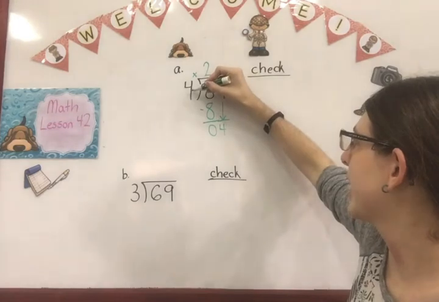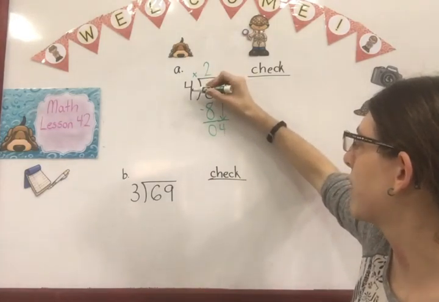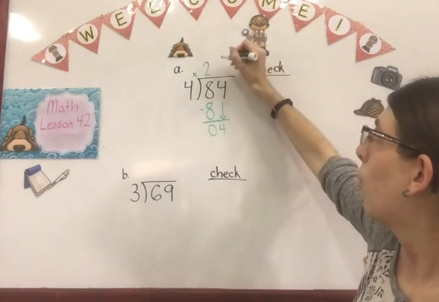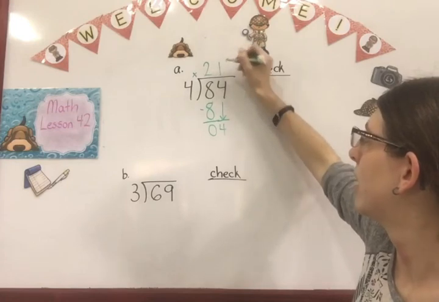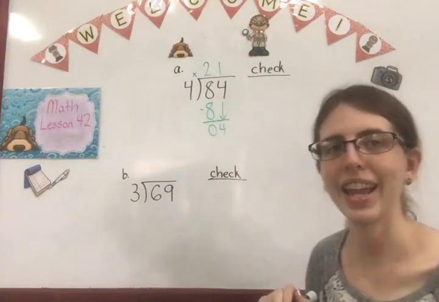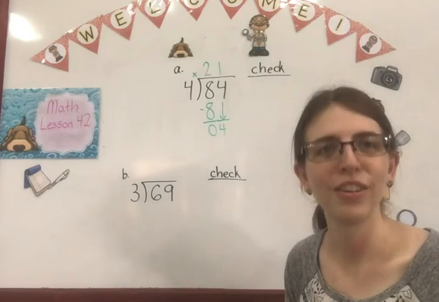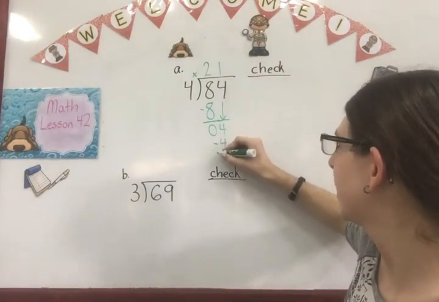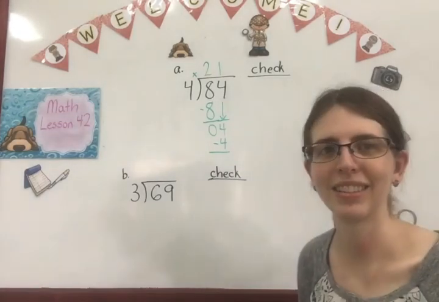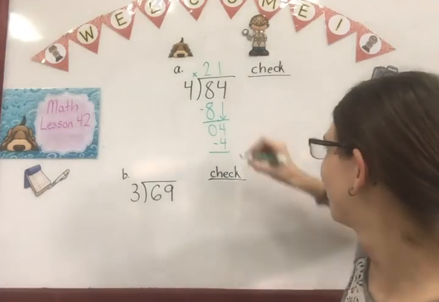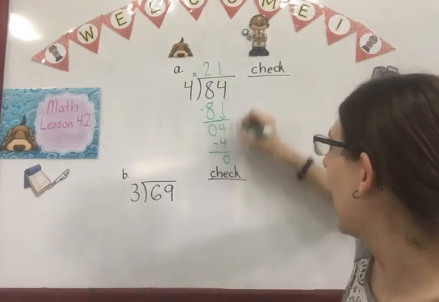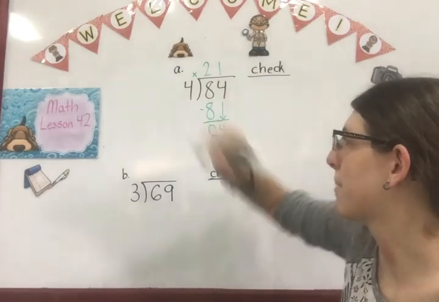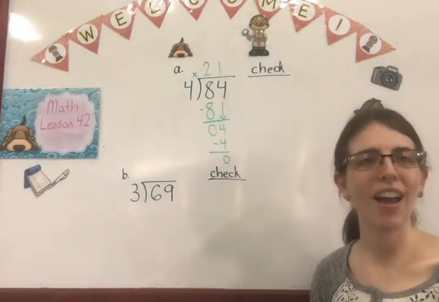And now I divide again. 4 divided by 4 is 1. 1 times 4 is 4. 4 minus 4 is 0. I have nothing more to bring down, so when I compare that 0 is less than 4, I'm done and